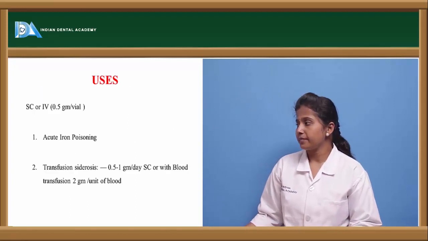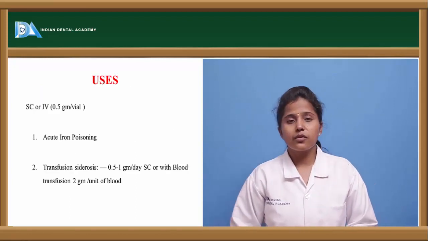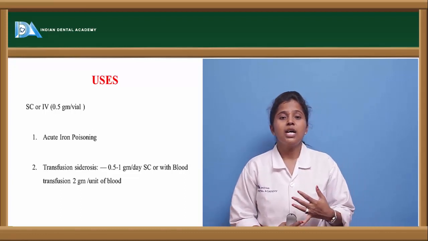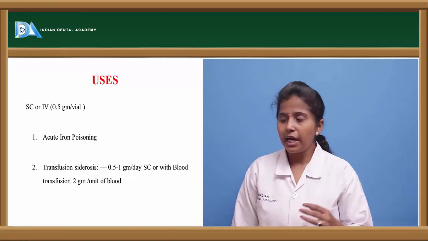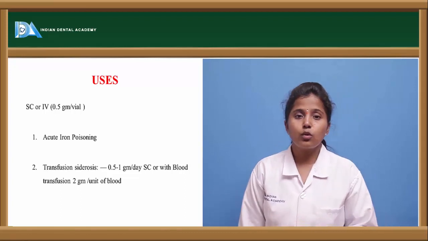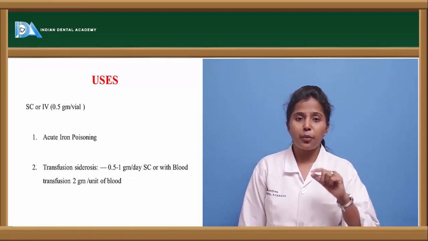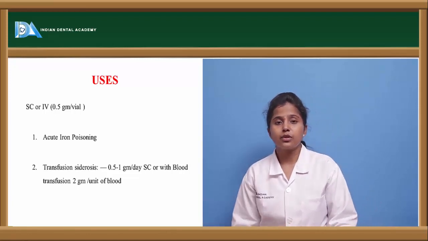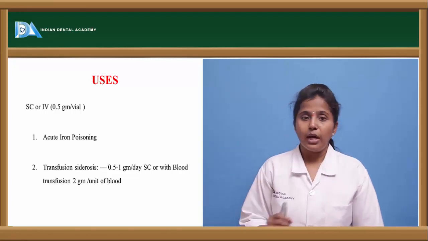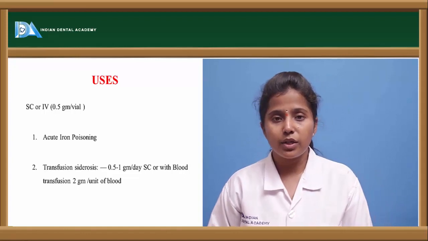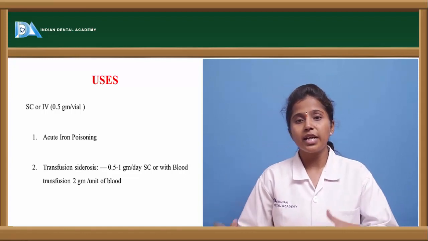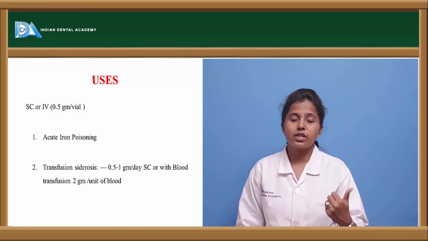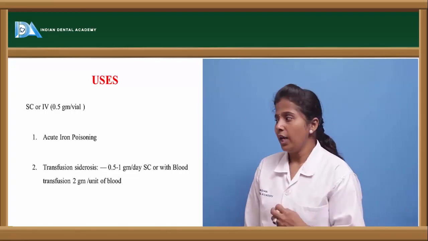What are the uses of this DESFERRIOXAMINE? It is mostly recommended through the subcutaneous route as well as the intravenous route, and a 0.5 gram vial of DESFERRIOXAMINE is available. It is given through the subcutaneous or IV route, and it is used in acute iron poisoning. When compared to chronic poisoning, in the acute poisoning condition DESFERRIOXAMINE is mostly preferred, and it is used